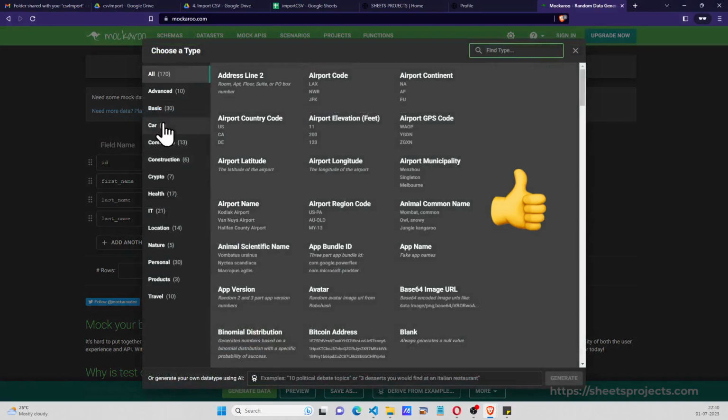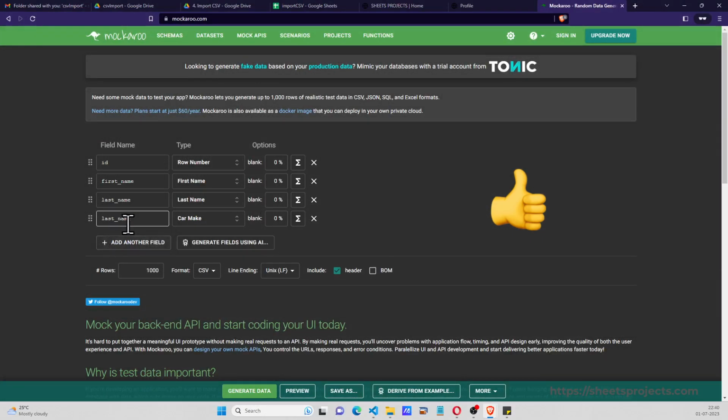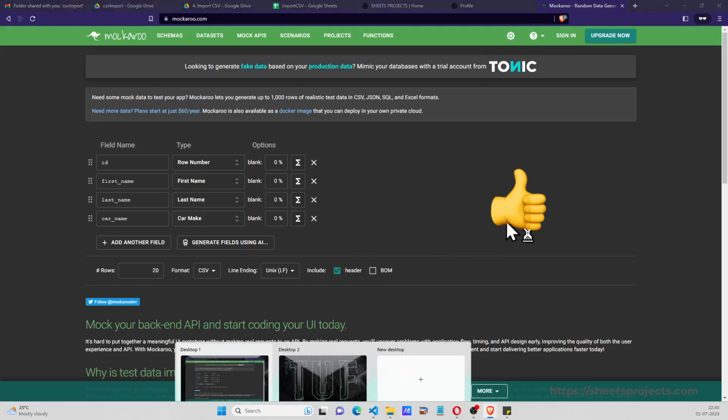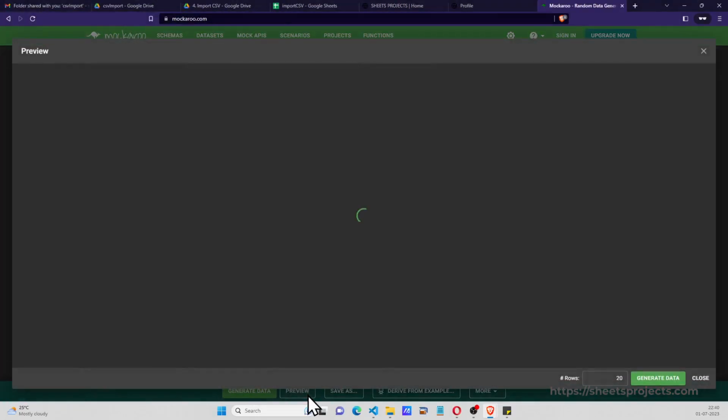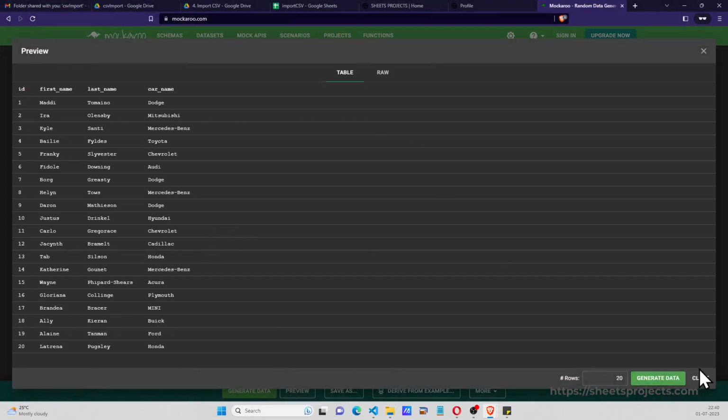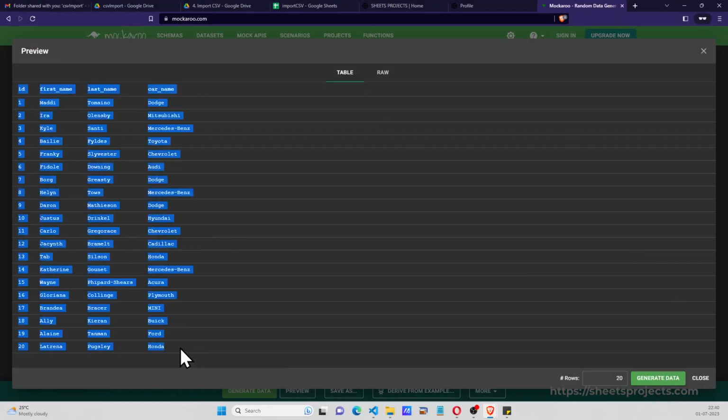So let me go to car and car make. So we'll have the name of the person and the car that they are driving. We can have 20 rows of data, and it will be in CSV format. So if I generate the data, it is going to create this CSV file, but rather than that, we want to click on preview, and on the preview, I just want to copy this,